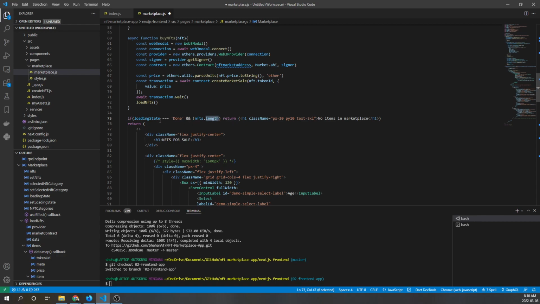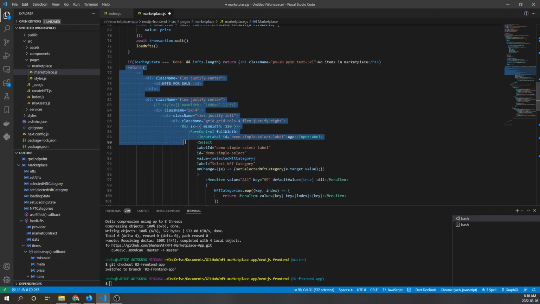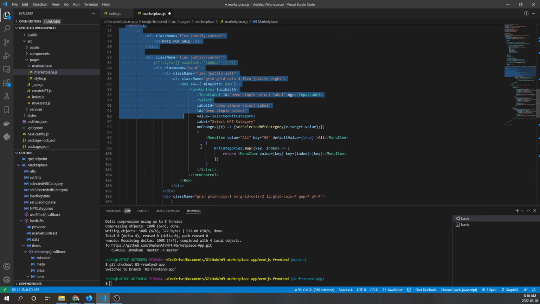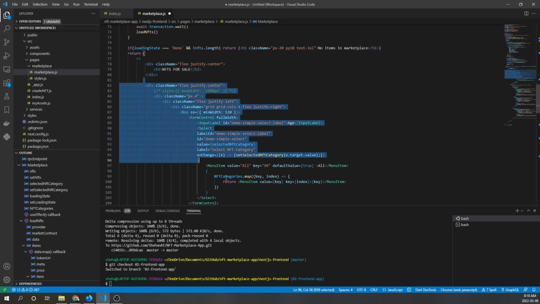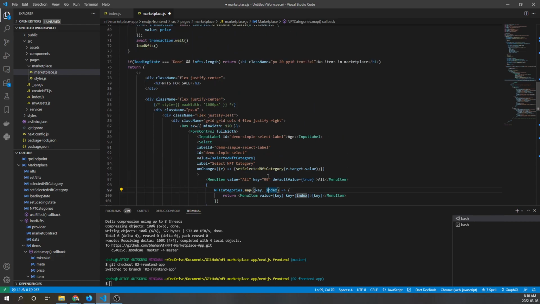If not, no items. Does NFT have a length that is 0? Then we return no items in marketplace. Else, then we go to our return statement, and so now the NFTs are loaded, and we're returning this